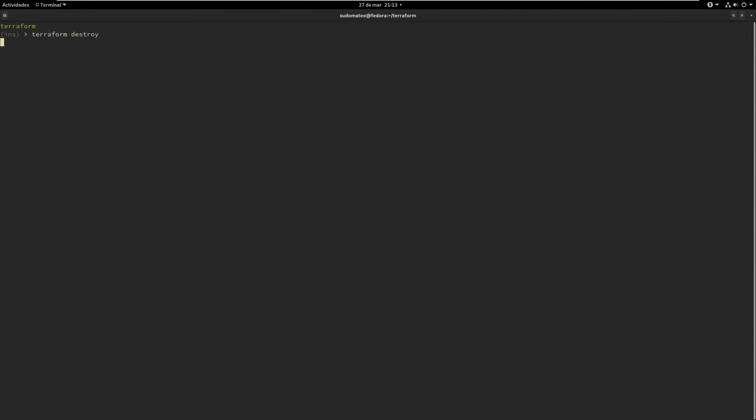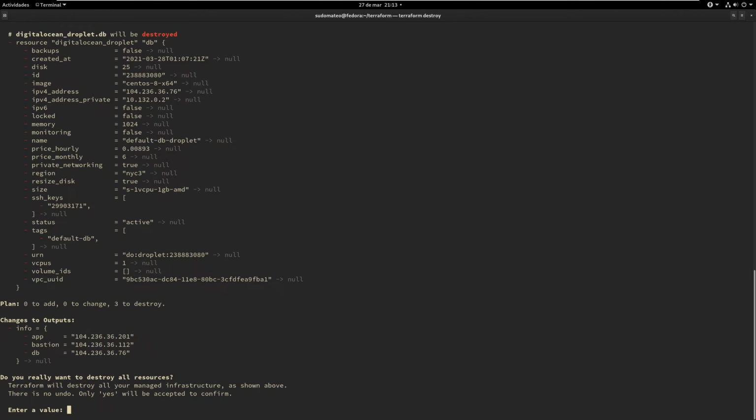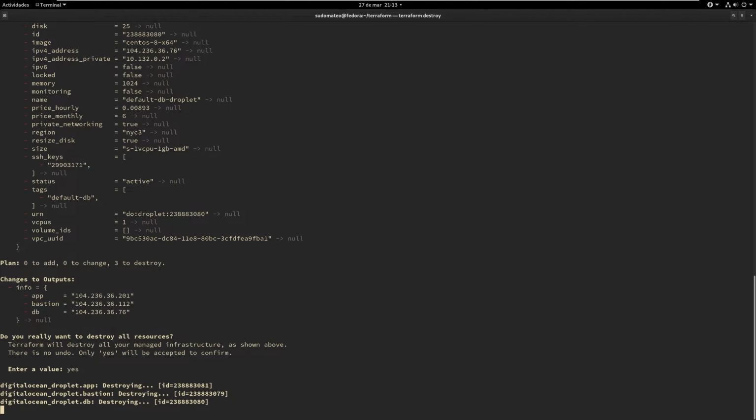So let's go through with the destroy. We'll just change it back to the default. Really, this value doesn't matter. It might matter depending on how you're using variables in certain configurations, but for this configuration, the value doesn't matter because we're running that destroy. And it's going to say, hey, do you want to destroy? We'll say, yes, we do. And you'll notice it's destroying and it's giving the IDs